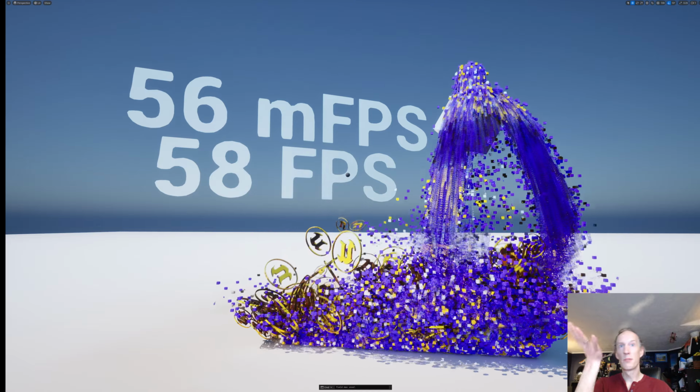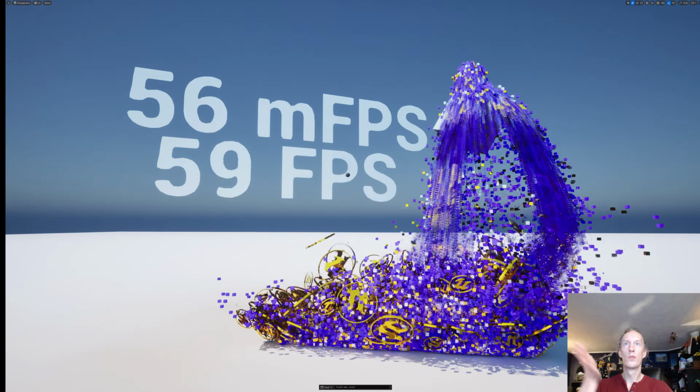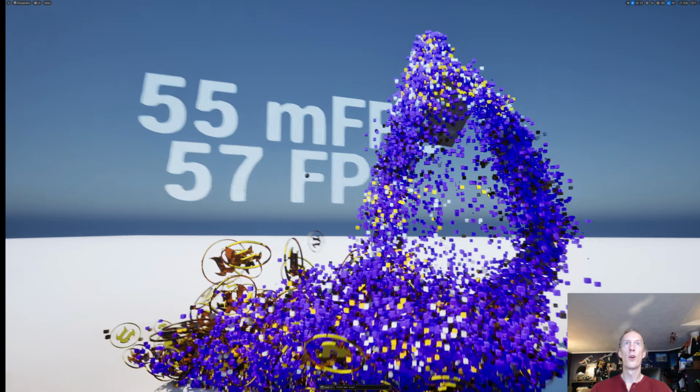In C++, inside the editor, which we're seeing right here, is about 60 frames with all 100,000 particles being exported once a frame,